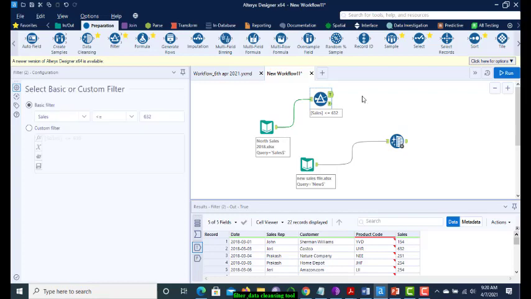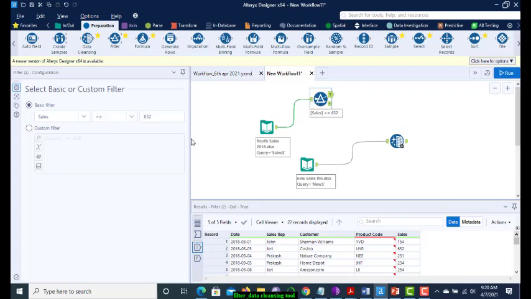The filter tool works by passing some condition, after which you get your filtered data. Whatever condition you pass, it filters your data on that specified condition.